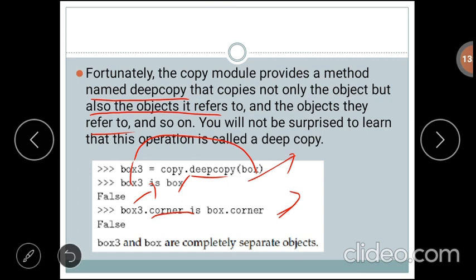If you try box3.corner is box.corner, again we will get the output False. Box3 and box objects are completely separate objects. To do this, we have to use the method deepcopy, which is present under the copy module. Okay, thank you.